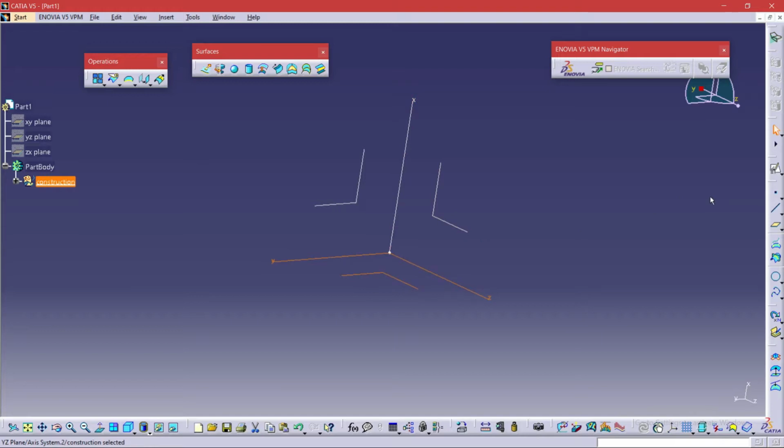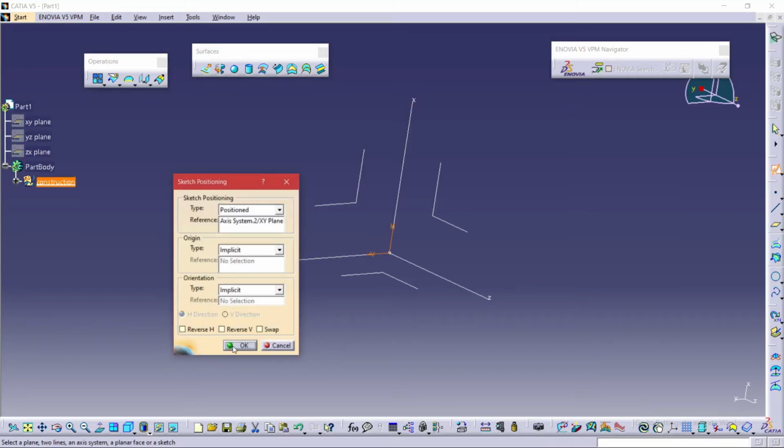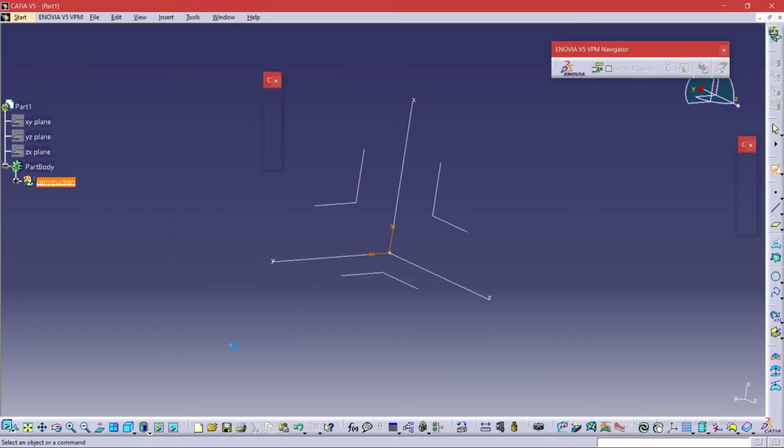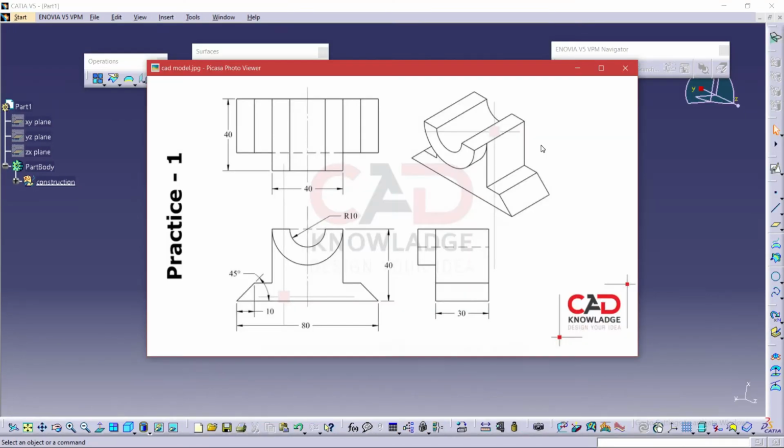So basically I'm going to start with the part model itself. These are the components that we usually do in part modeling, but I will try to do it in surface modeling and represent it. You might have seen all the diagrams that I have shown before in a PDF file. This will form the basis for your imagination, like how you're going to proceed and how you're going to make the drawing. Now from my idea, I'm going to start with the base section first and then build it up slowly.